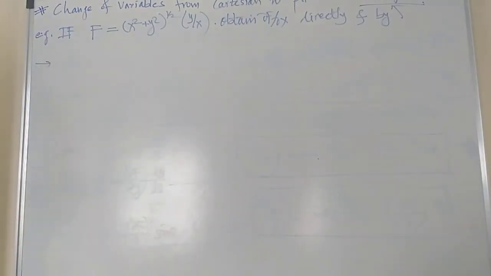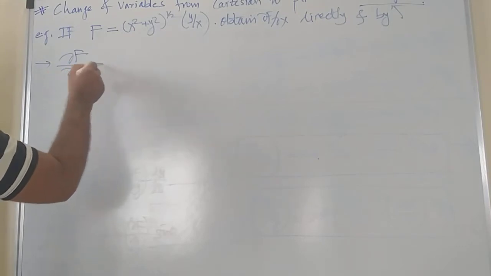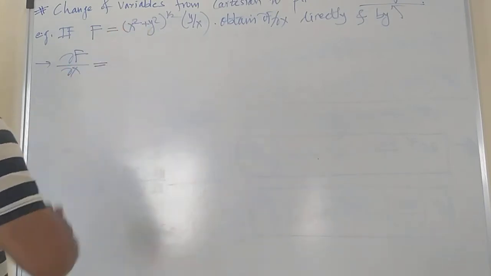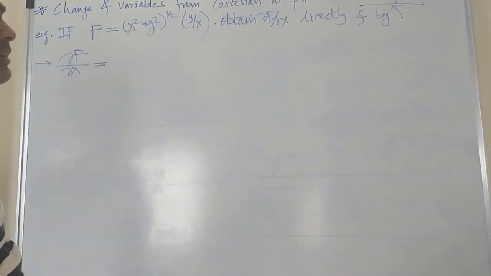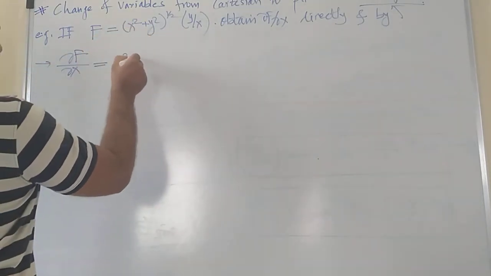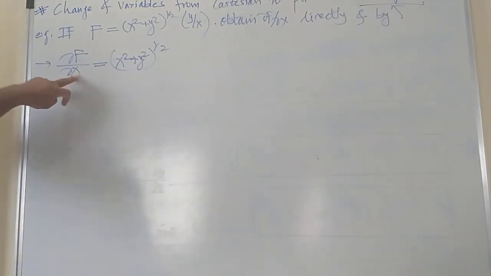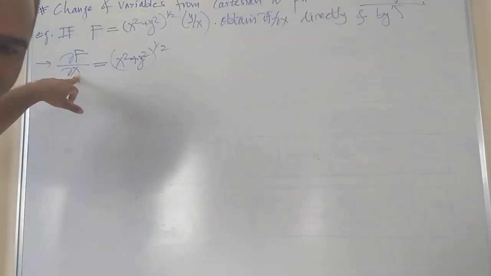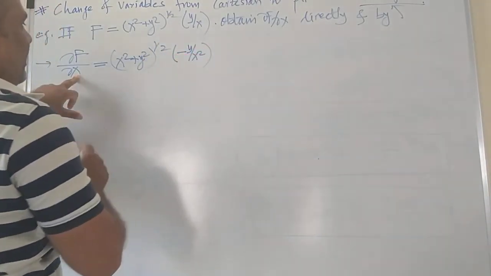Directly, that means by using the formulas of differentiation. So dou f by dou x: this is your function, and you can directly take the differentiation of it. Direct differentiation can be solved by using the chain rule. This is the first function, this is the second function. So let me write the first function as it is into differentiation of the second with respect to x. That means y is a constant, and differentiation of 1 upon x is minus 1 by x square. So this will give me minus y by x square.